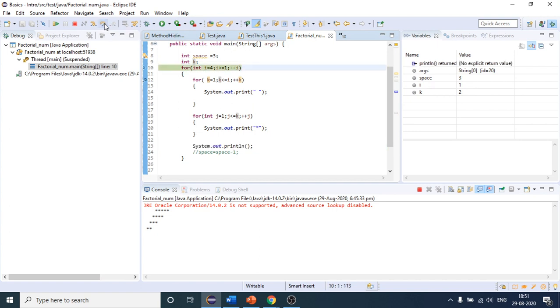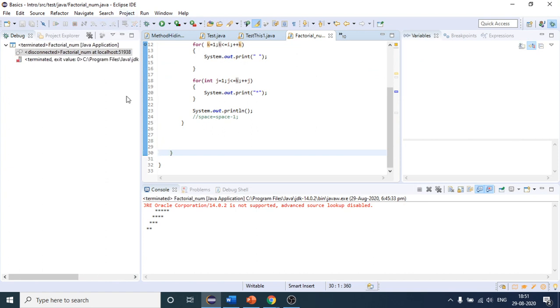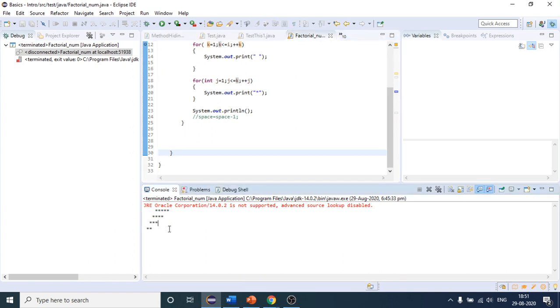So line is changed and you can see this i loop will not run. This block statement will not run because the condition will become false and we will come out of this i loop. See, you can see here. After this our program is completed. If I do step over, our program execution is completed. So this is the reason, I hope you got it, why it is printed like this.